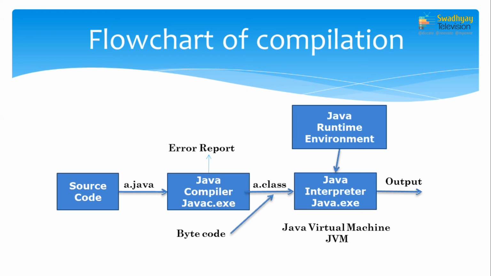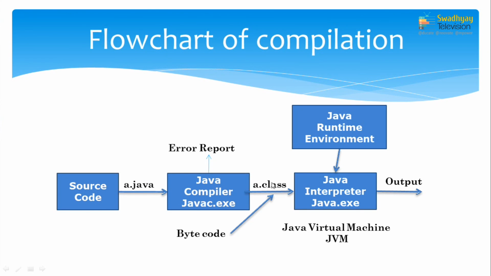Suppose your program contains some error, then it displays an error report or the details of the error on screen, and your program cannot be compiled. Suppose your program does not contain any error, then our bytecode file is generated, which is a.class. Now, this bytecode is the same for all Java compilers,